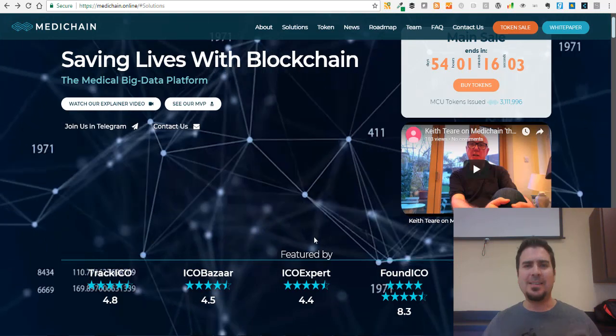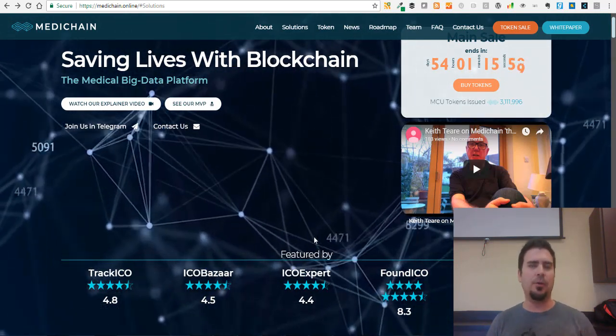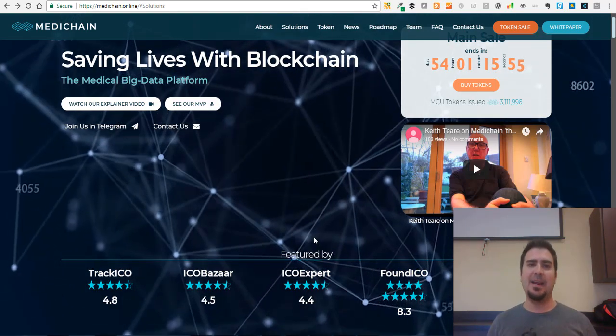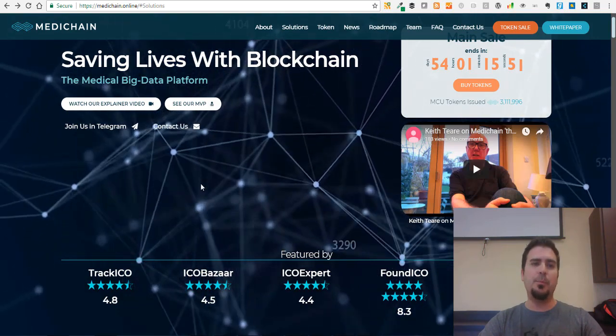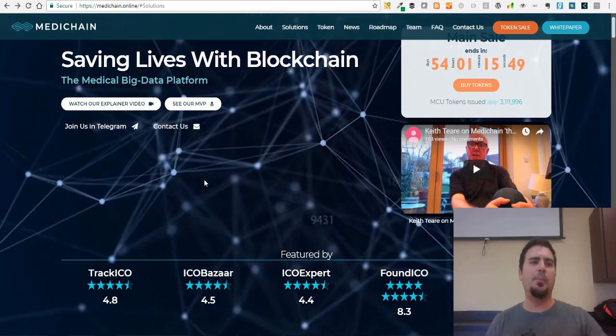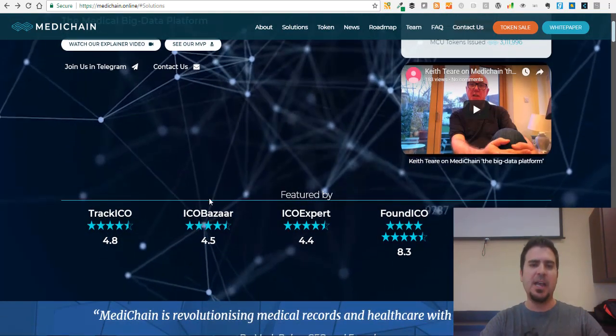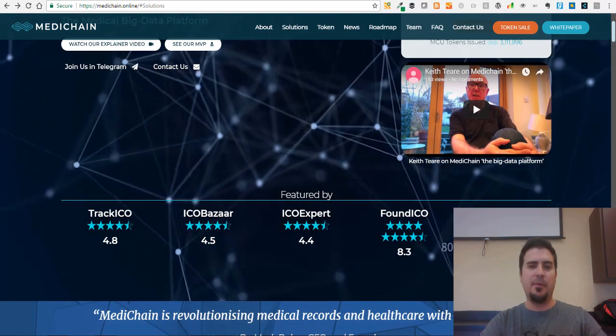Think of all of these different Internet of Things companies as well, right? The more data they're getting, Google, the more data they're getting, the more powerful those companies become, because data is very powerful, right? And so MetaChain is trying to solve the big data problem with medicine, with medical records on the blockchain, guys. Okay, so first and foremost about the ICO, this ICO has been rated very, very highly by